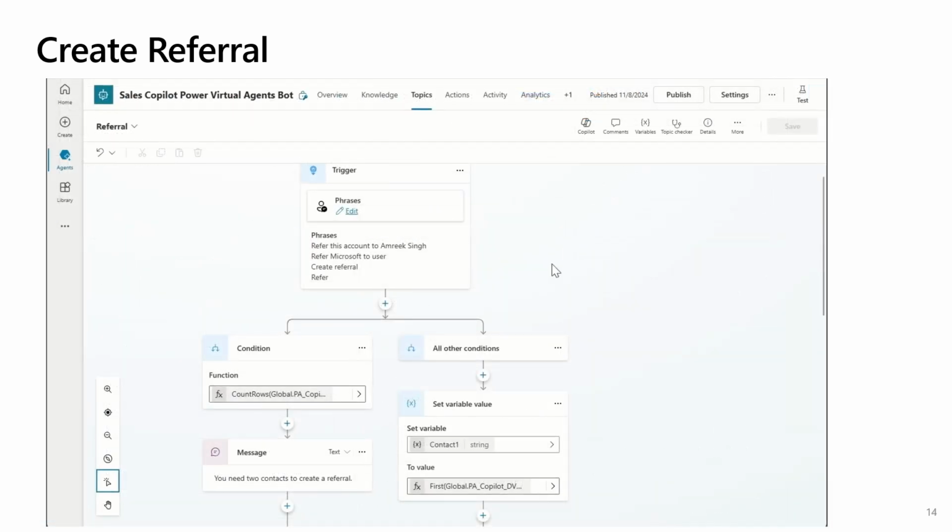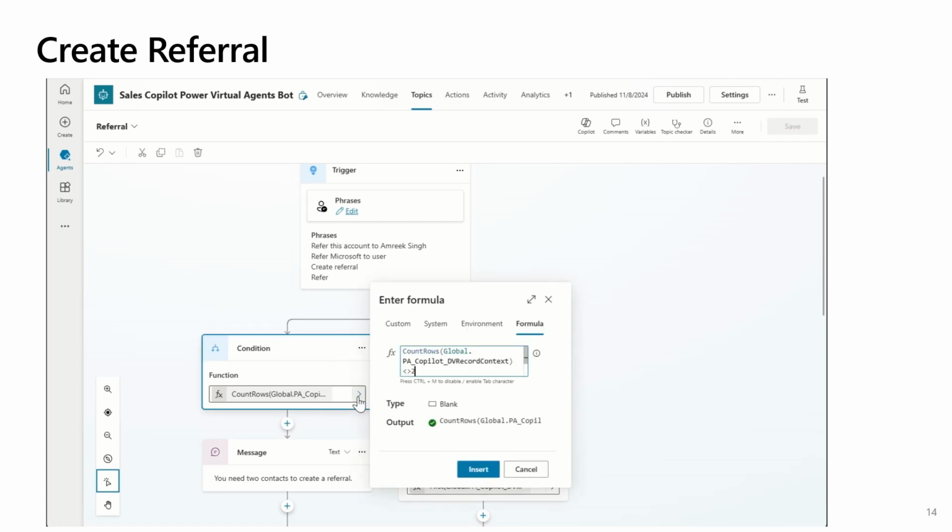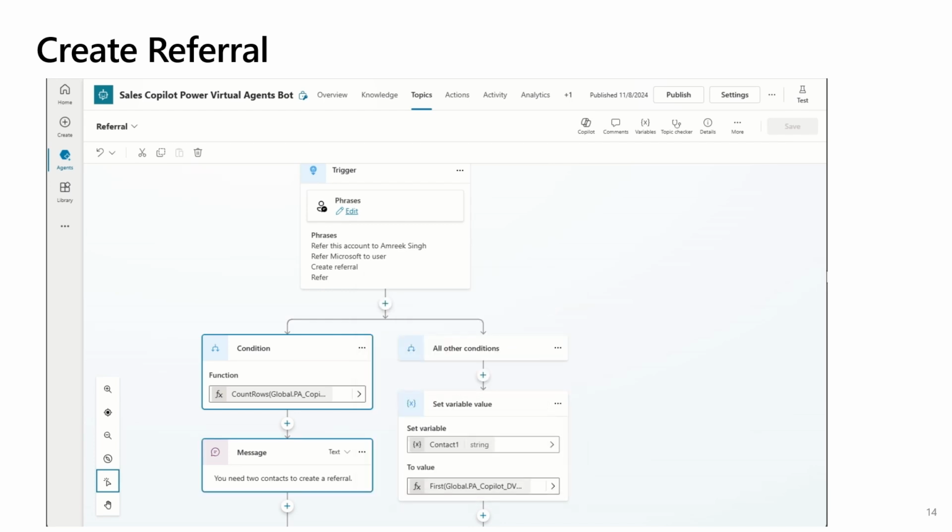Let's have a quick look at the topic. So these are my phrases. I use refer in my demo. Then I'm looking at the condition. I need 2 contacts to create a referral. So here I'm saying, DB record contacts should have 2 records in it. So if it's not that, display a message. Once the validation is done,